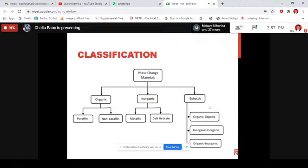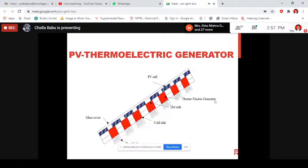Okay, finally, the PV thermoelectric generator. If we integrate a thermoelectric generator on the back side of the PV panel, it will extract more energy. I mean, with the help of the thermoelectric generator, it will convert the waste heat energy into a useful form of electrical energy, which will give the better solution among all. Okay, why? Because